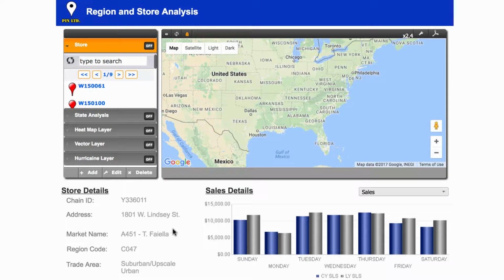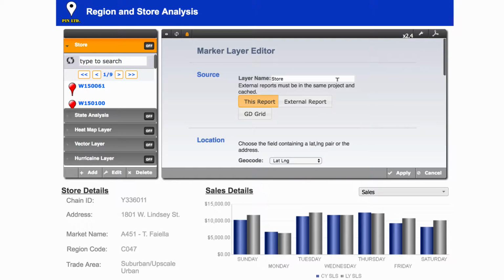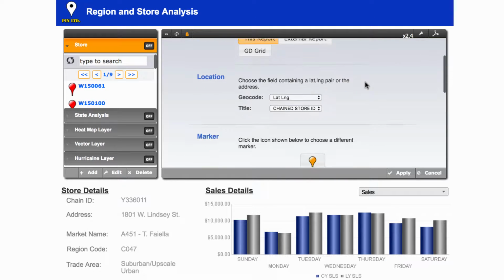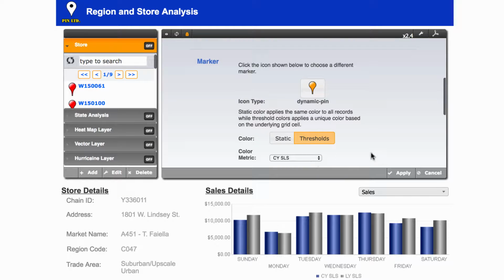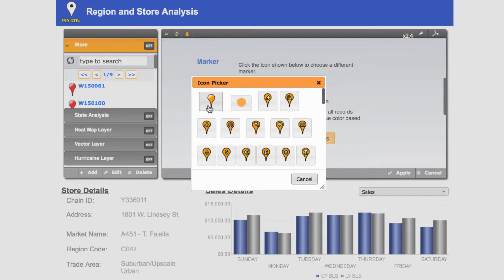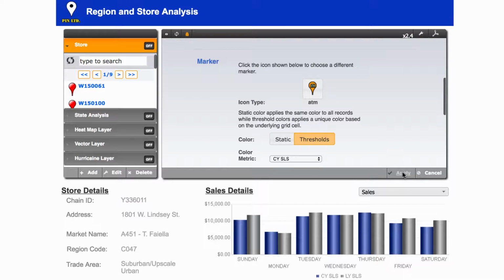Let's start with map pins. In this menu, you'll set the name of your layer, apply your geocode data, apply your metric, in this case we'll use current year sales, and choose the shape of your pin. GeoDash comes with many different built-in pin shape options. When you activate your layer,